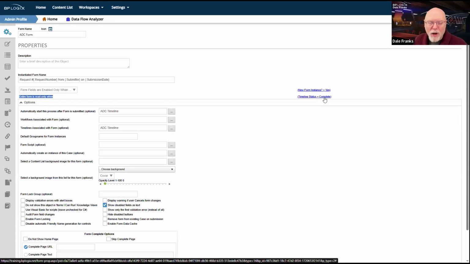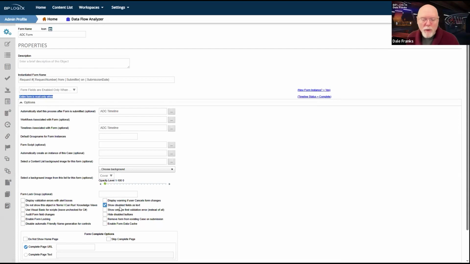I mean, that's always possible, but presumably the people who would have access to the content list and who have permissions on a production system to see these objects would be a fairly small number of people. So I'm going to set these properties as well. There's another property that I always set, and I do occasionally get pushback from some of you whenever I talk about this property. It's the show disabled fields as text.